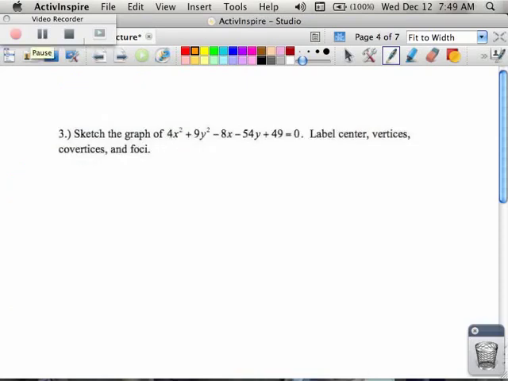In number 3, you'll notice that we don't have anything in its standard form. In fact, because it's all stretched out like this, we're going to have to do completing the square twice. So when you're completing the square,